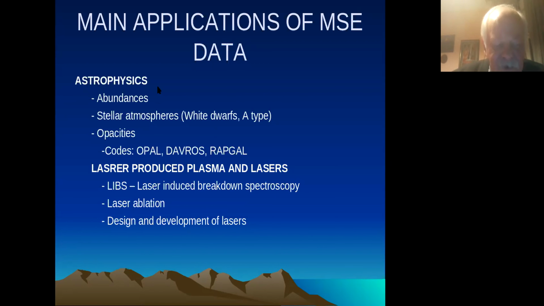For example, in astrophysics, mainly for abundance determination, for stellar atmosphere modeling, and different investigations of white dwarfs, A-type stars, and late B-type stars, also for opacities, where it entered in different computer codes, like OPAL codes, Davros, Rabgal. Also, the second major field is laser-produced plasma and laser